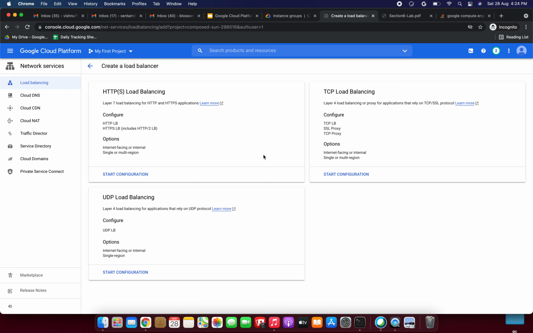So create load balancer. Now we have the types of load balancer: HTTPS load balancing, TCP and UDP load balancing. HTTPS is for layer 7 load balancing for HTTPS application. For TCP we have layer 4 load balancing, and UDP is also for layer 4 load balancing. We are going to select this for HTTP or HTTPS application.